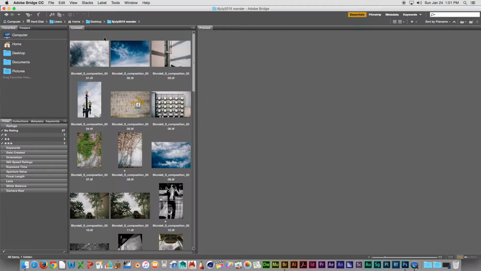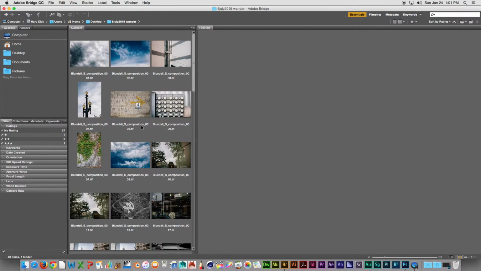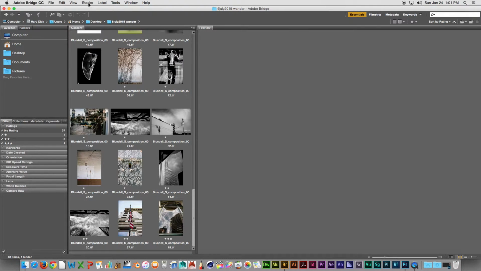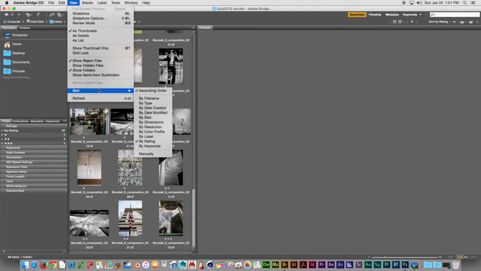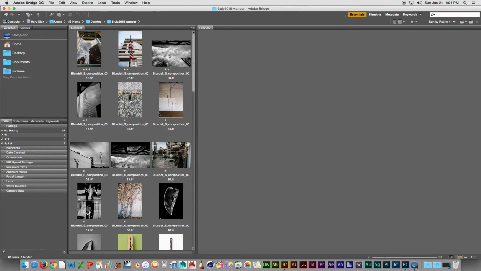And then what I'm going to do is go up to View, and I'm going to sort ascending order by rating. Except I want to change that, excuse me. Let's go to just by rating. So what that does is it moves the top rated images to the very top. And so then from there, I can output these images